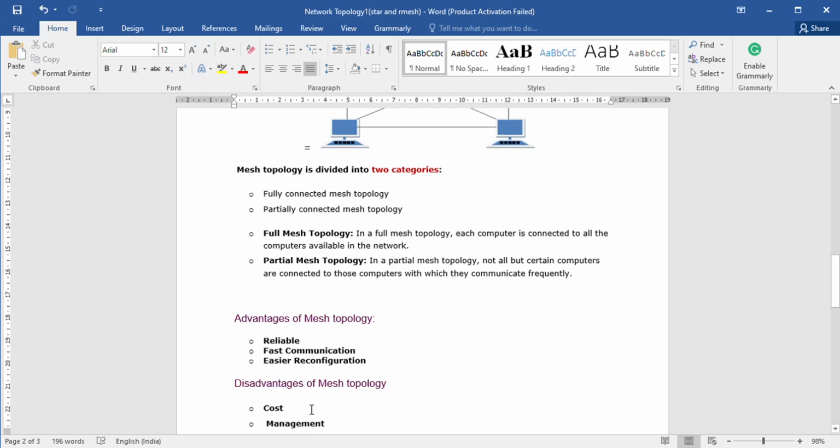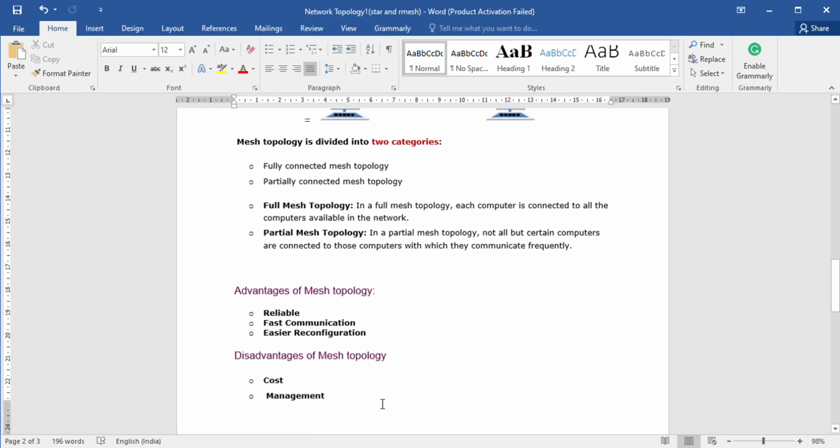Let us see the disadvantages of mesh topology. First one is cost. A mesh topology contains a large number of connected devices such as routers and more transmission media than other topologies. That's why the cost is high compared to other topologies. The second one is management.